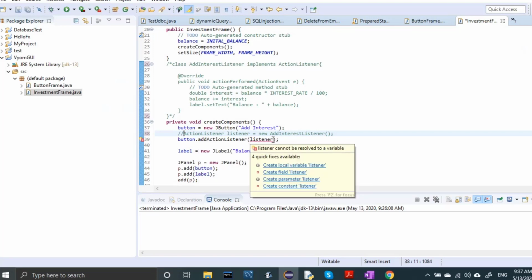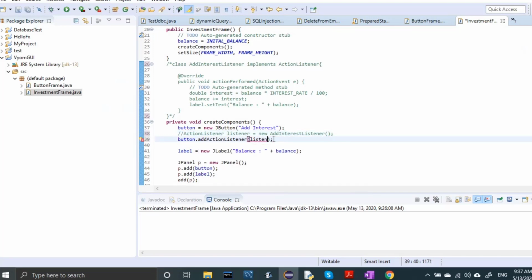So instead of this, I will create an anonymous inner class object. I will write here new ActionListener.